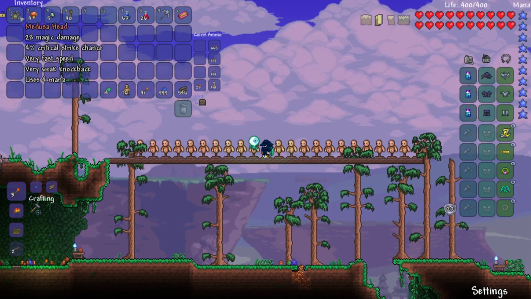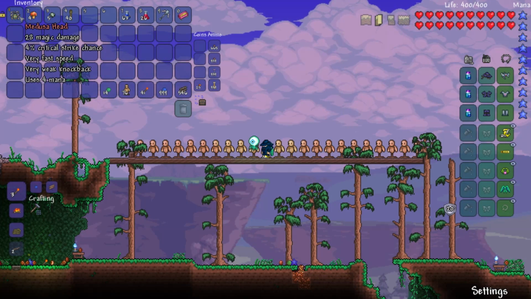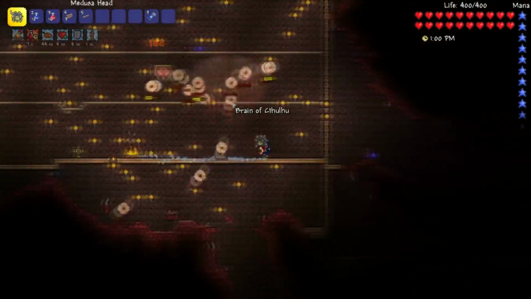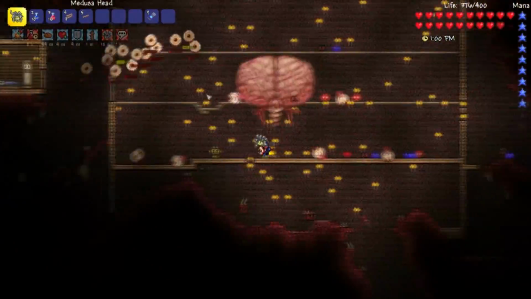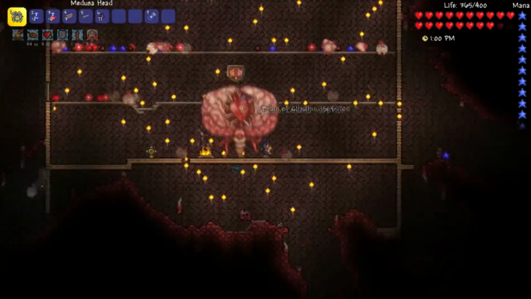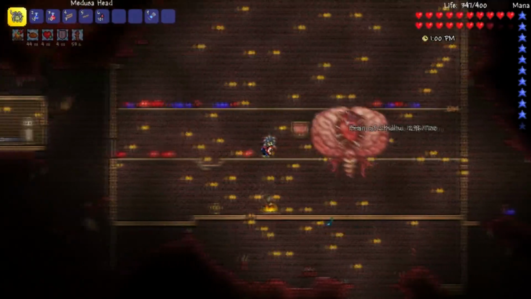So to start off, it does a really high amount of base damage at 28 magic damage with a very fast speed. Not a lot of knockback, but it only uses 4 mana, which is incredibly low. Like, it really is not that much at all, especially if you have a mana regeneration potion. So going more on the attacking of this, you can click it once and it'll do